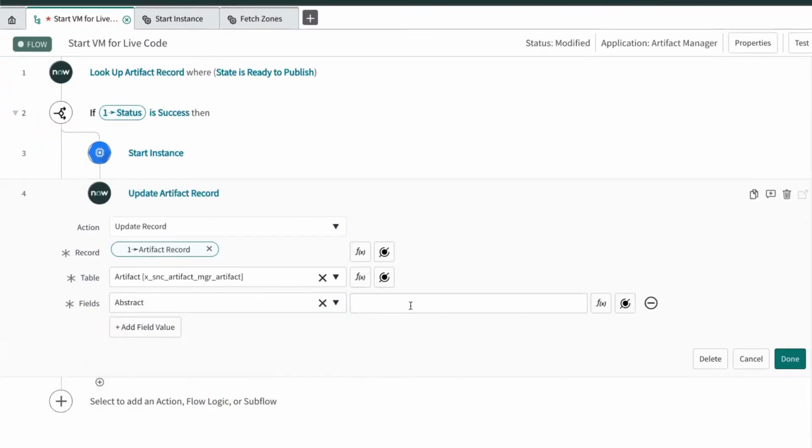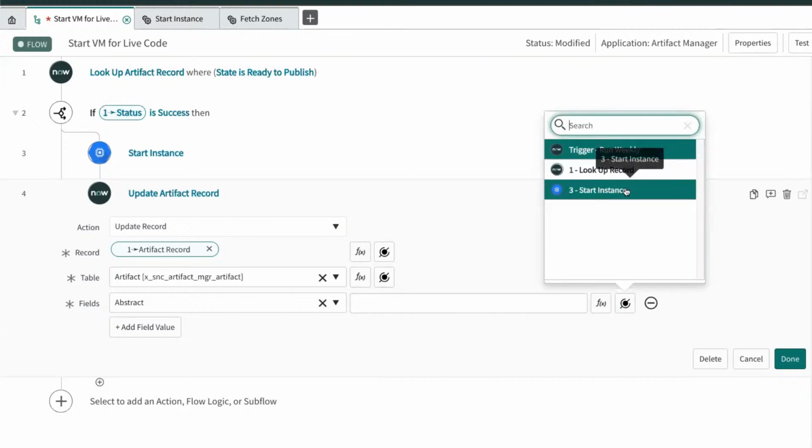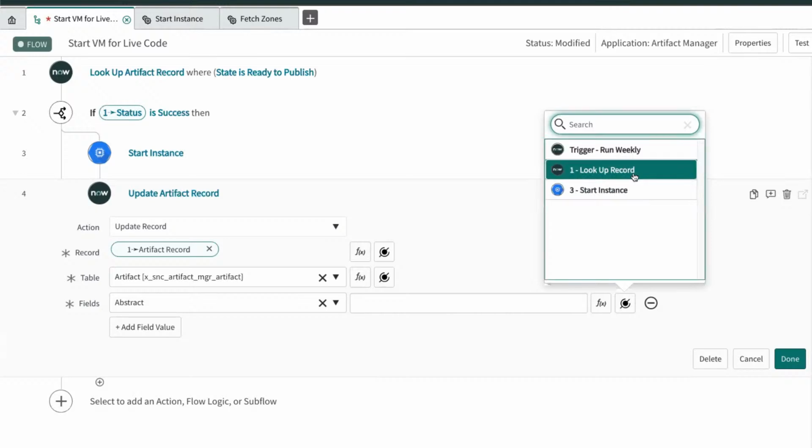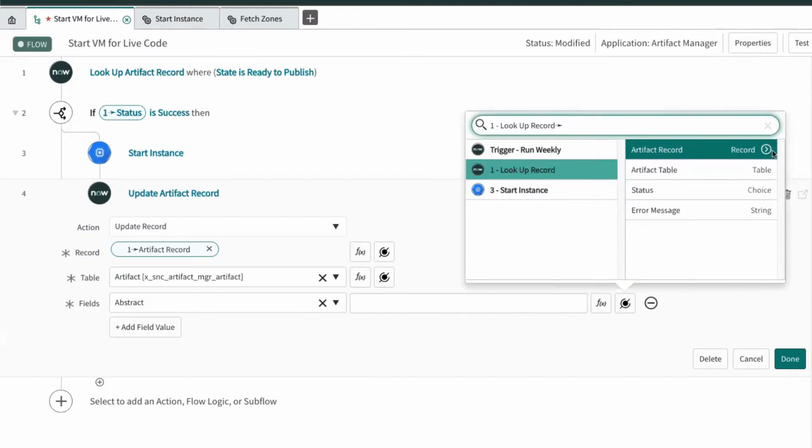I don't know how to do that. Do you know how to do that? Can you grab it from the? I think I have to grab the data pill and then add to it. Yeah, I think that's right. So